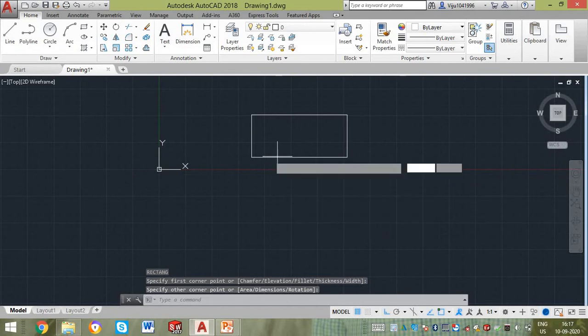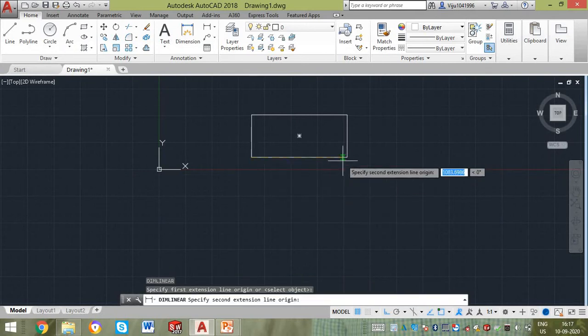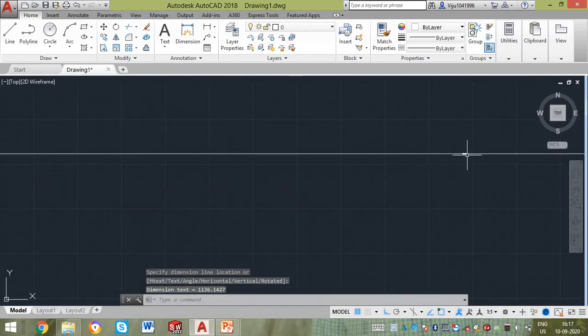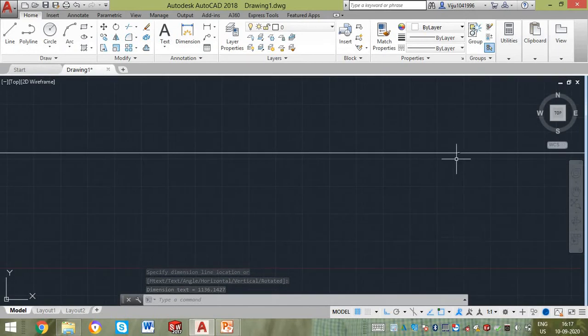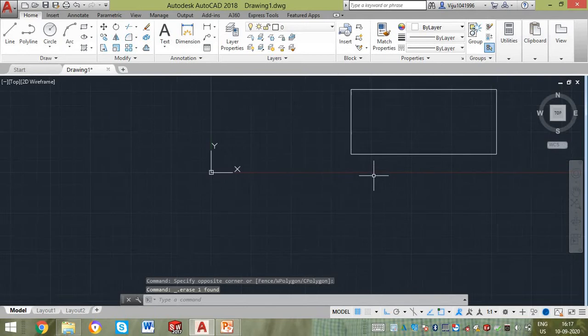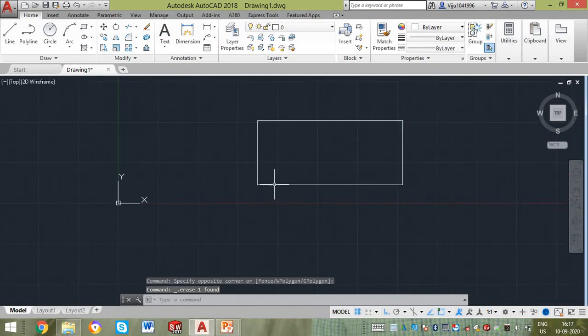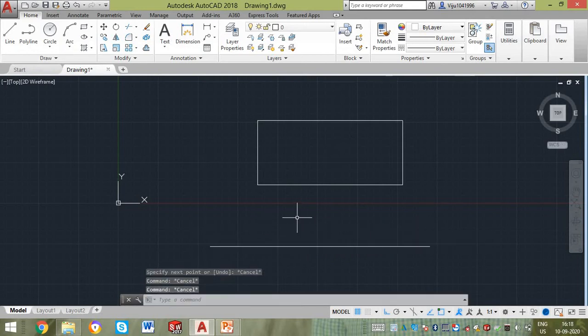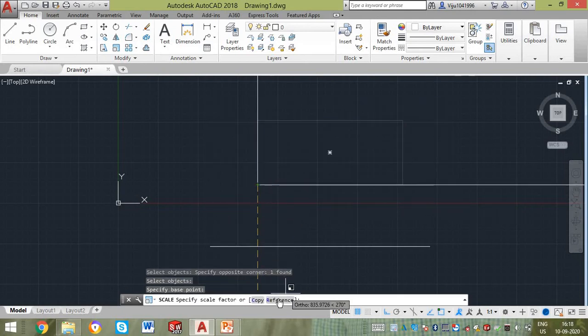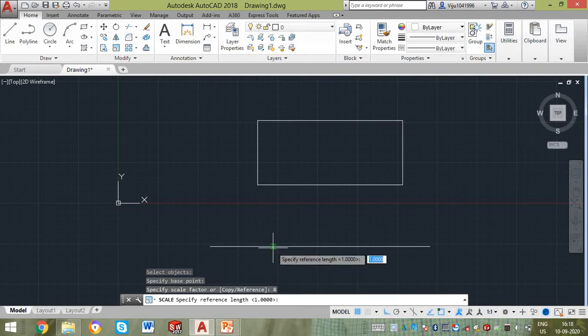Okay. Now I will measure this length. We have one more option, the scale with reference. Now I want to increase only the length. This is an alternate for stretch. If you want to increase this particular length to 5000, I will select this object and I will select the base point and will go for reference, specify reference length.